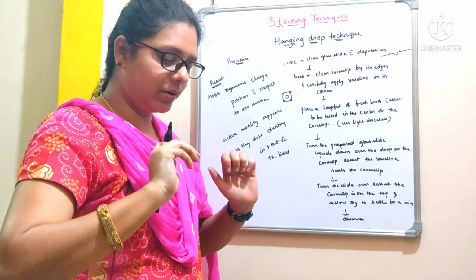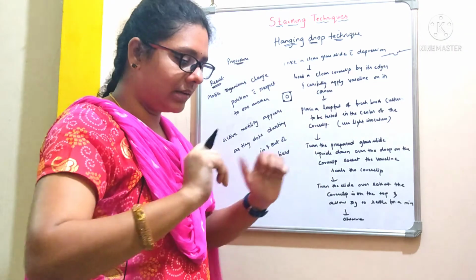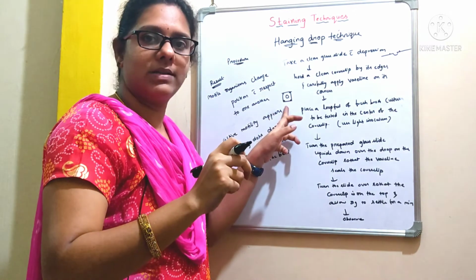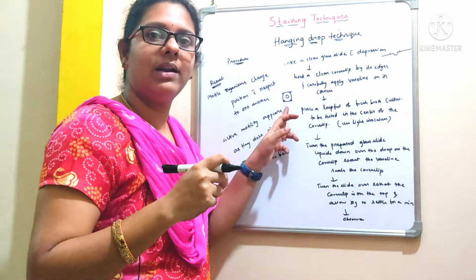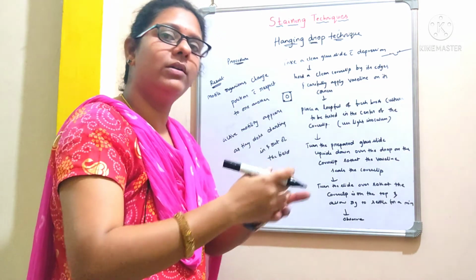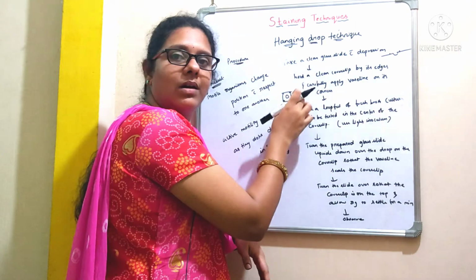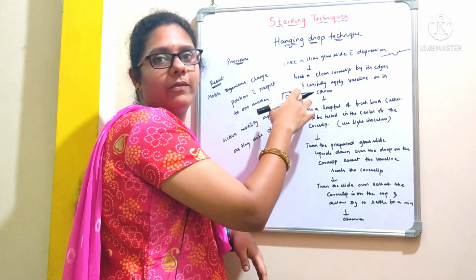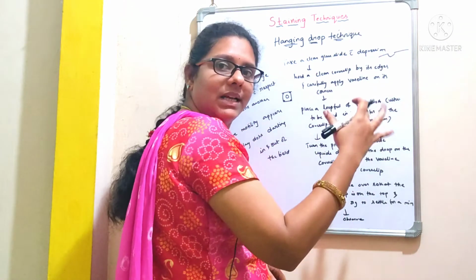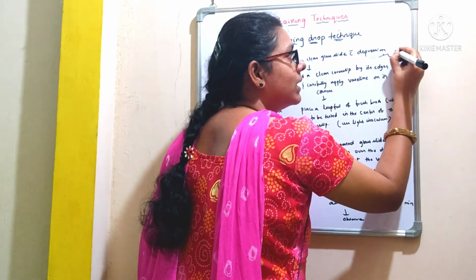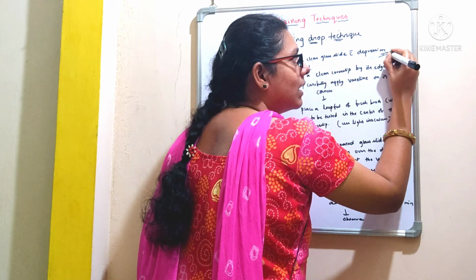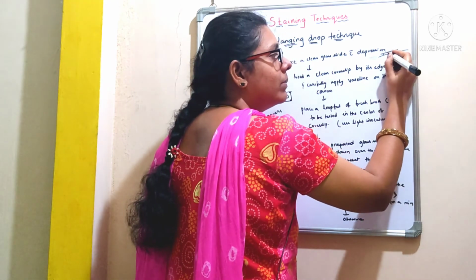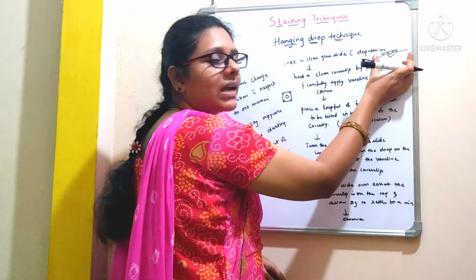So what you have done, you have turned the glass slide and then you have placed it onto this cover slip. Now what you are supposed to do, you have to examine the slide under the microscope, right? Now you are going to turn back this slide so that your cover slip will be on the top of this slide. So once you turn the glass slide, here there will be a Vaseline which seals the cover slip. So this is how the cover slip will be, and the bacterial suspension will be over here. This is how it actually looks like.